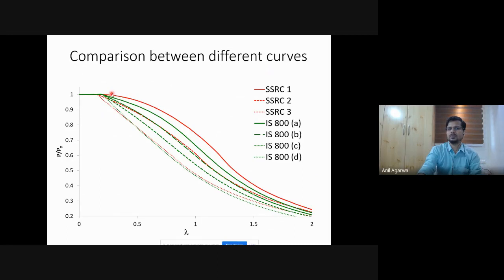Beyond a lambda value of 0.3 or something, you start getting into the possibility of buckling, where the capacity is governed by buckling beyond that, right? So I would have said, okay, keep the lambda value below 0.3 or below 0.2. So if you had to make a column that is something like 6 meters tall, the column would also be almost like 1 meter wide. Okay, steel column of that size.